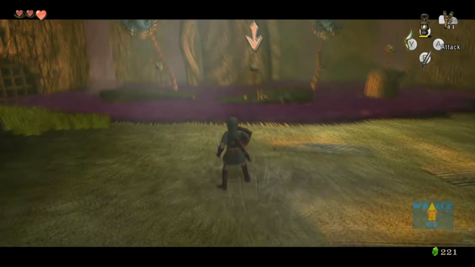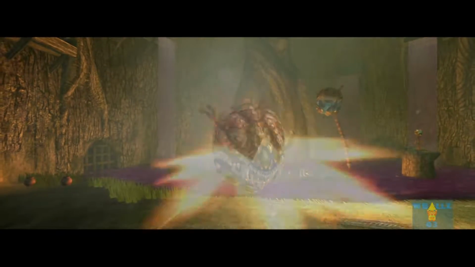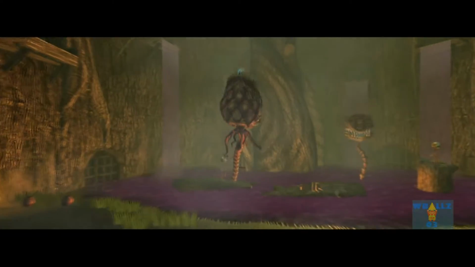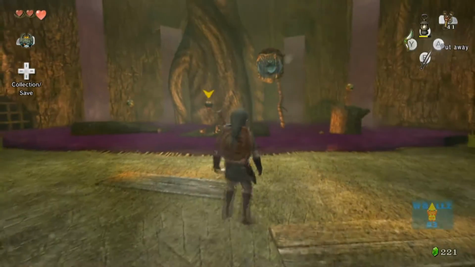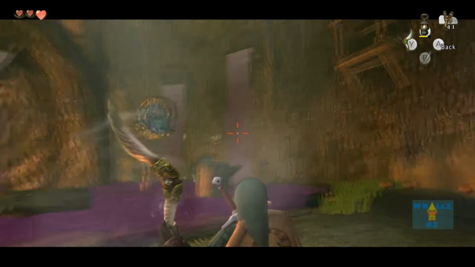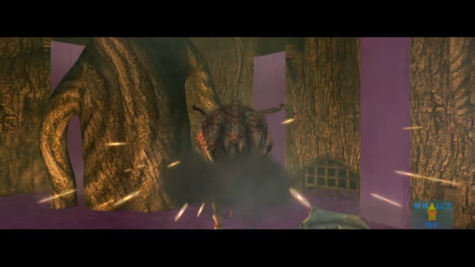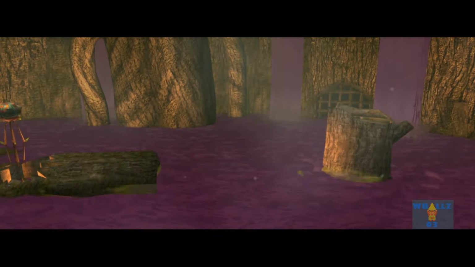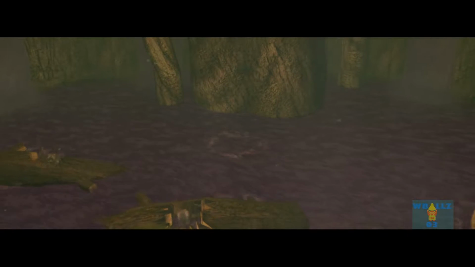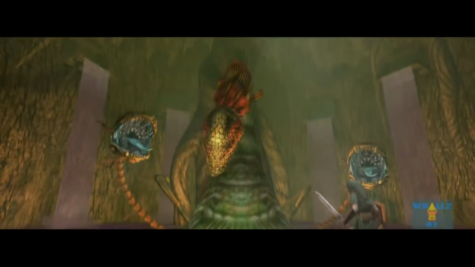Alright, so what you want to do is don't do that. Oh, wait a minute, I did it. That worked out. You want to lock on to the bomb hatchlings here. Then the what looks to be Venus flytrap. Direct it in its mouth. And that's it, we beat the boss. I mean, that was pretty easy, you know. Not bad, but wait a minute. No, it's not over. Yeah, there's the rest of the...